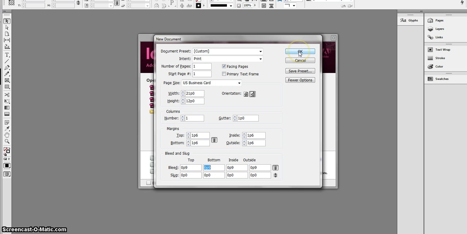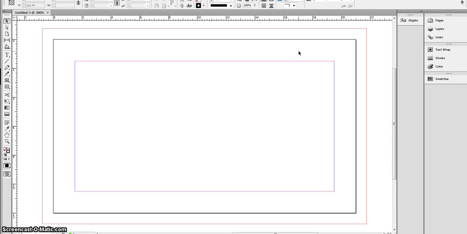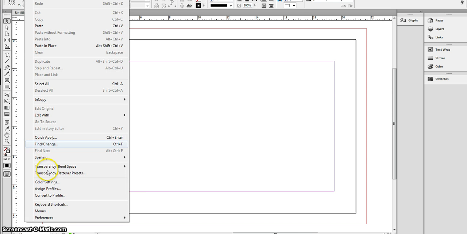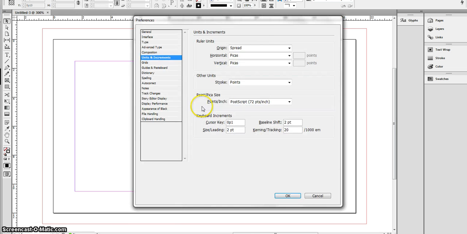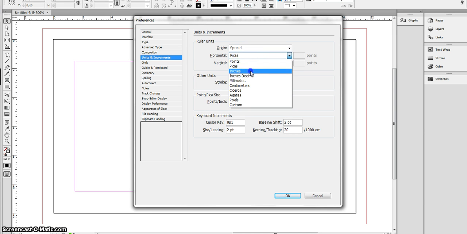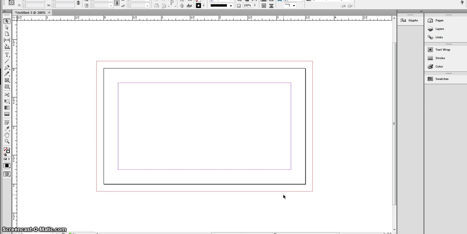Once you have these in, you'll press OK, and you see that you have a business card sized file. Before we explore what we have here, I'm going to change my preferences so that it's easy to see in inches instead of Pica. I'm going to change my units and increments to inches. And now you can see that we have a file that is 3.5 inches long